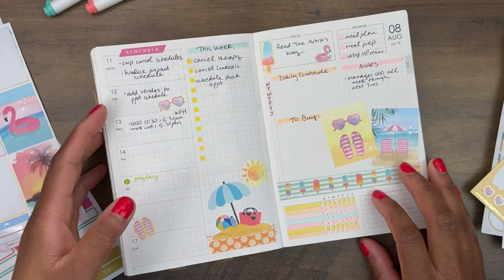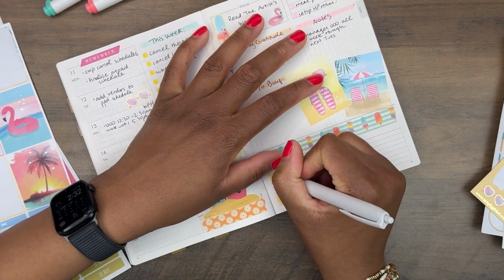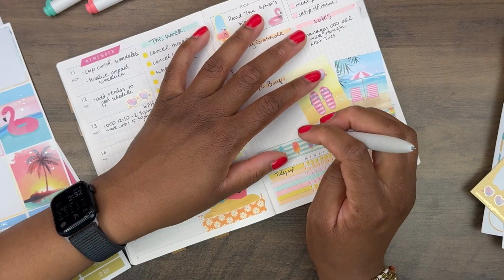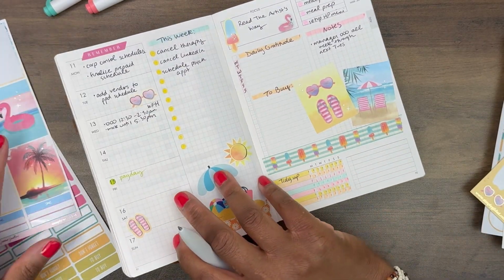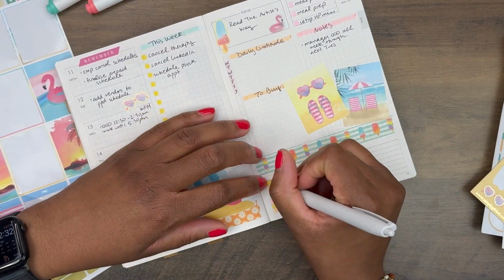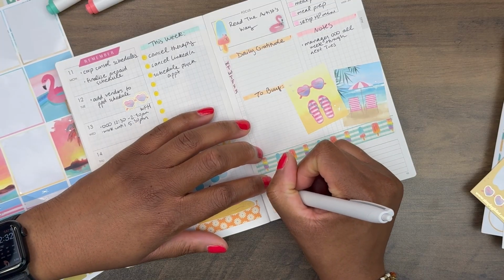So then I want to write in the habits that I'm going to track, and that is tidy up, which is a quick 10-15 minute tidy up of different areas of my apartment, so that on the weekend I'm not having to deep clean everything. Then I want to do meds, vitamins,